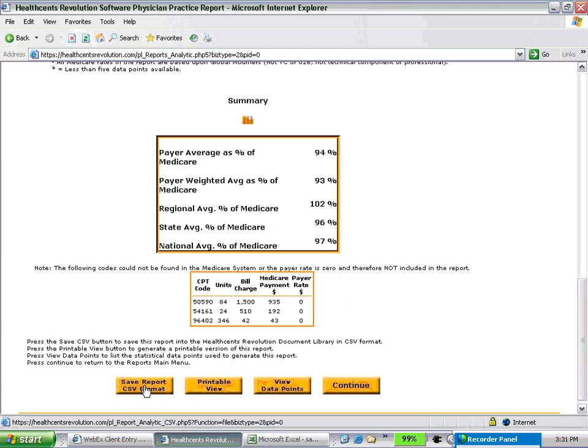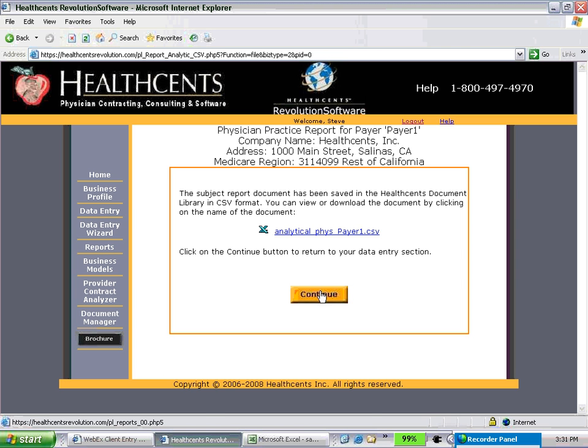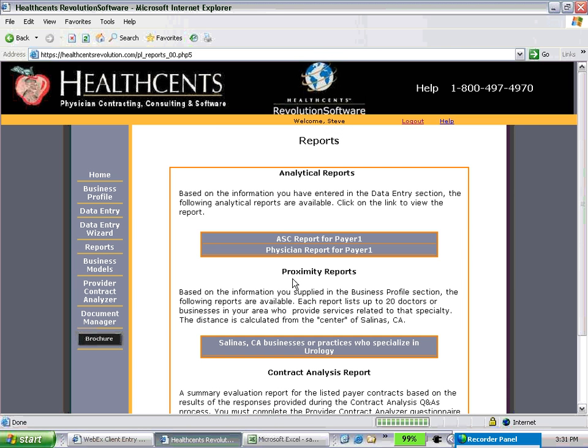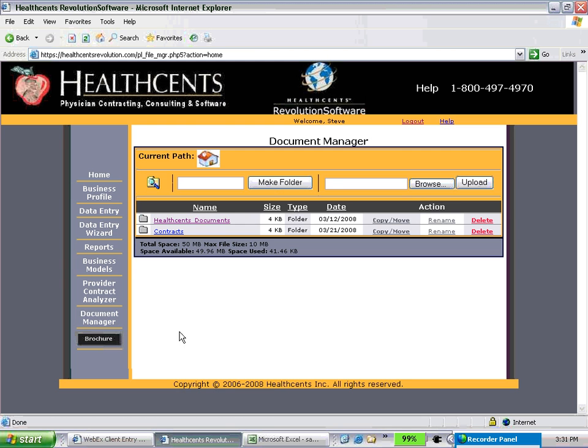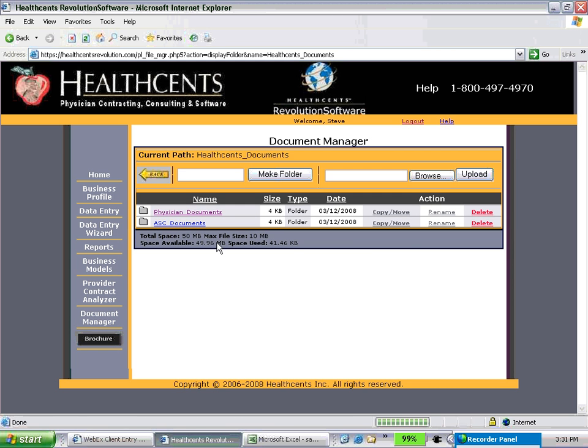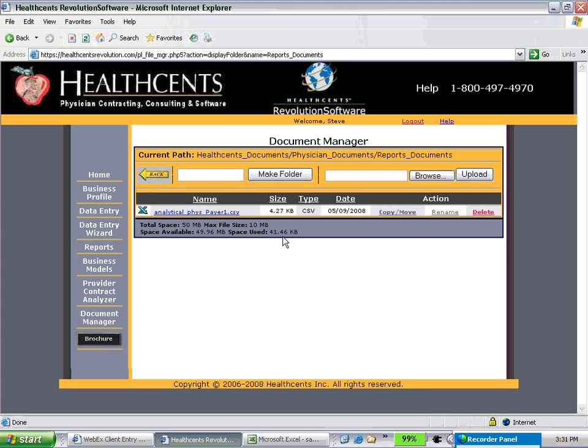And you can also save this report as a spreadsheet if you choose to, and if you do in fact save it as a spreadsheet, what also happens is it automatically gets stored in our document manager under the HealthSense documents, and you therefore get an ongoing log of different documents and reports that are generated. You can also create your own folders and store all your contracts and manage them online in HealthSense Revolution. So back to the reporting capability